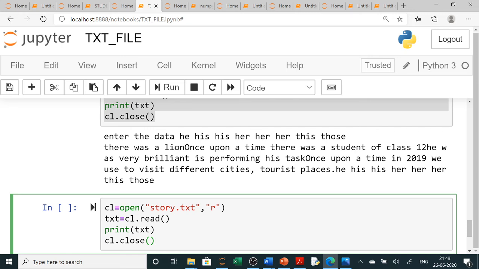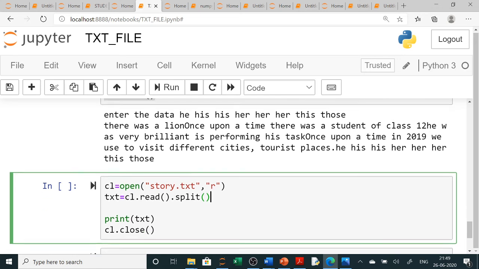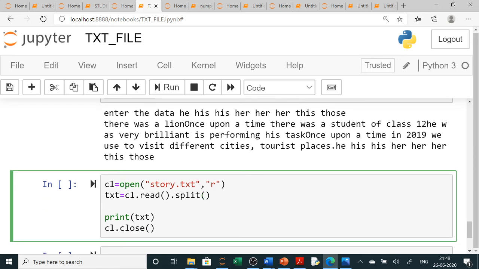Yes, now what is the question? The question is to count how many was there are. So what I have to do here is use dot split because I want to count the words, or in the next line you can also write the split, and then you will use a counter. So C equals 0 I have used here.